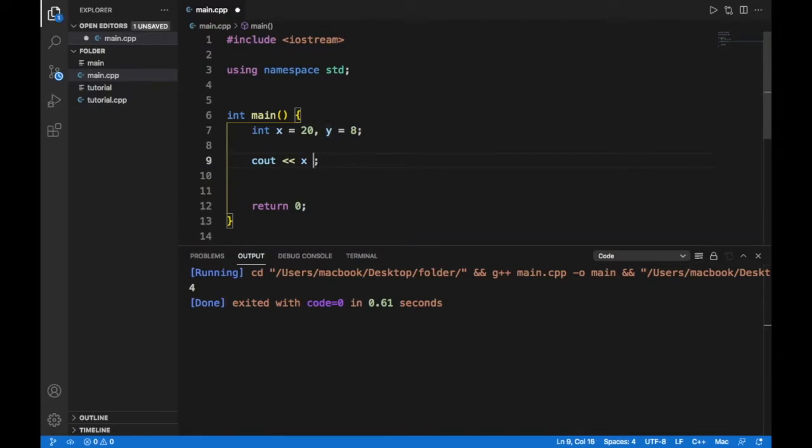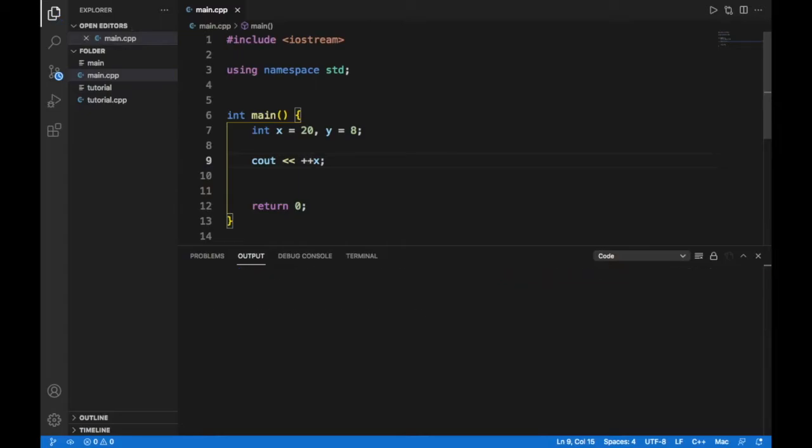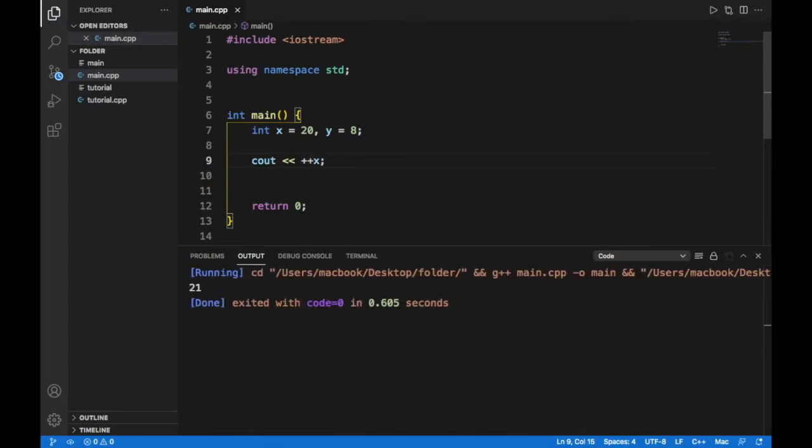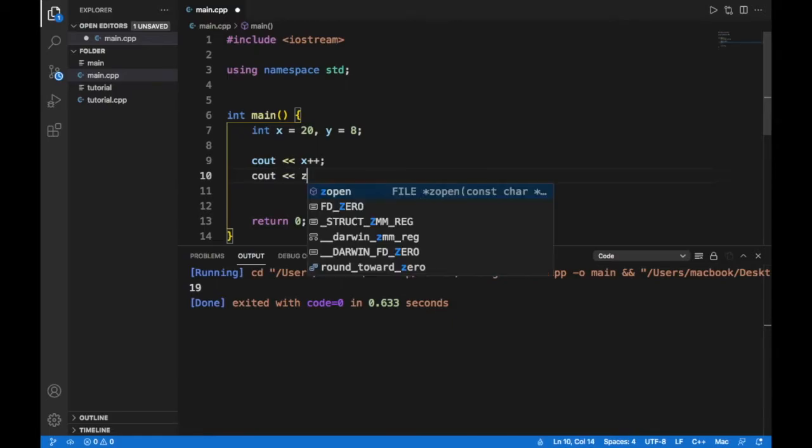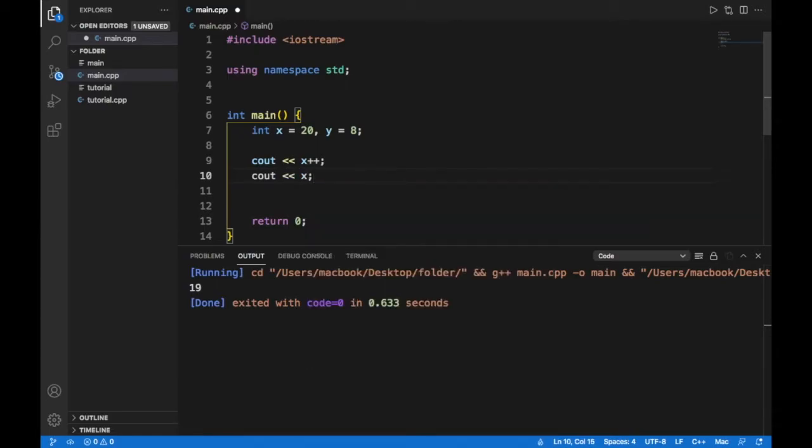Otherwise, we have 2 more that we can use, and the first one is the increment operator. So adding 2 pluses will increment the value by 1, which means we'll end up with a value of 21. Otherwise, if we do minus minus, you'll see that we will end up with a value of 19. And if you do plus plus after x, it's first going to print the result and then increment it. So we actually have to go ahead and print x one more time to see that it effectively incremented the